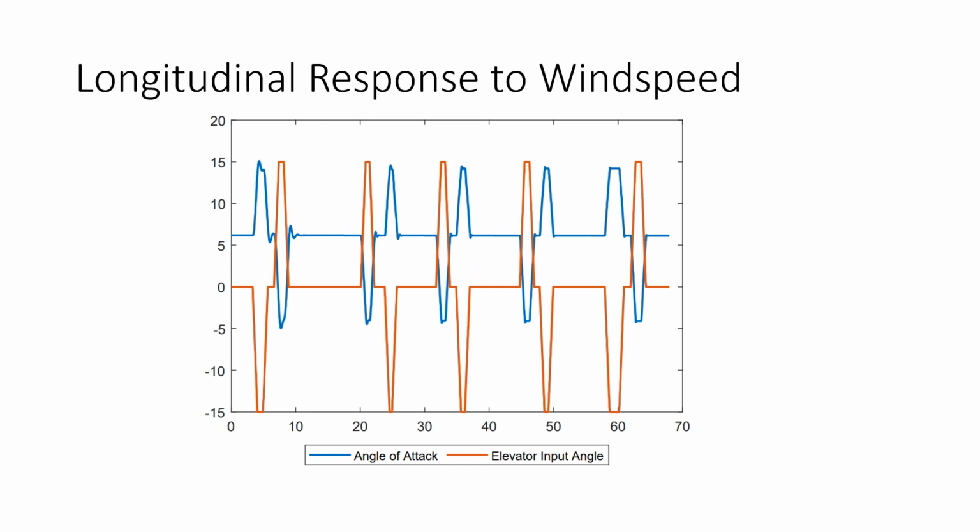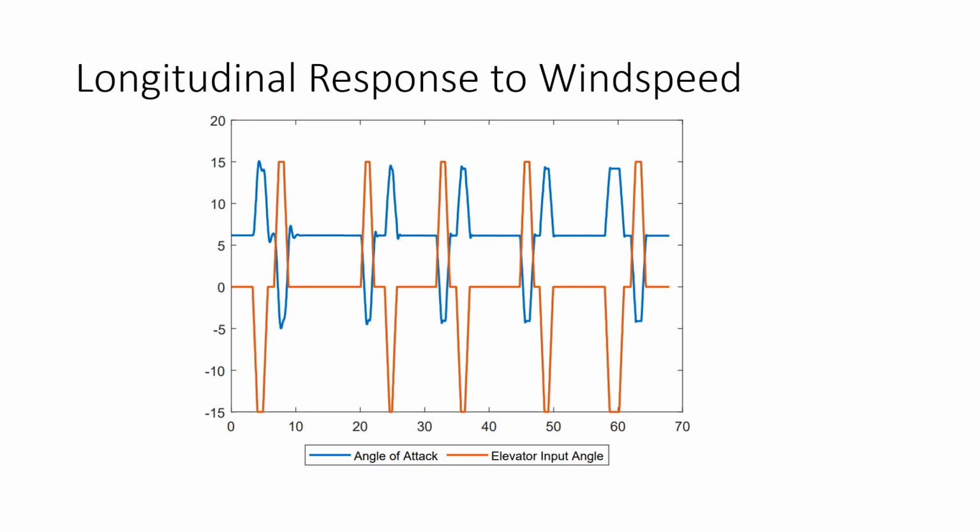Each cycle represents a maximum positive deflection of elevator input and a maximum negative deflection of elevator input, and the corresponding angle of attack is then shown in blue. Each cycle represents one wind speed, with wind speed increasing from 10 meters to 20 to 30 to 40 to 50 meters a second across the 5 cycles shown. As can be seen, the angle of attack as a result of elevator input angle is largely